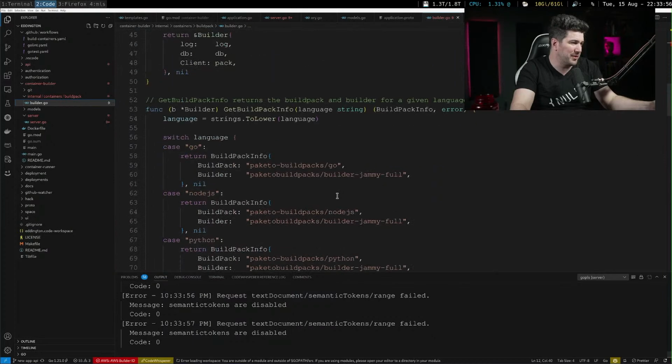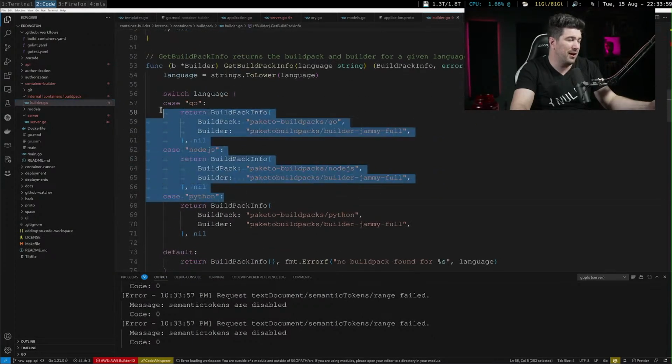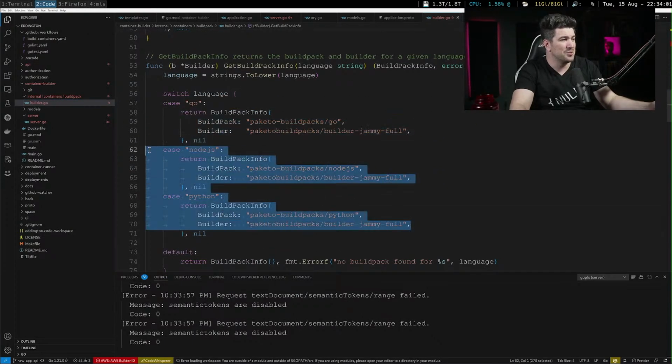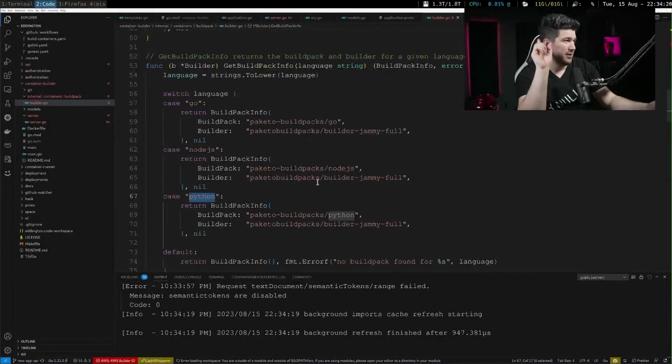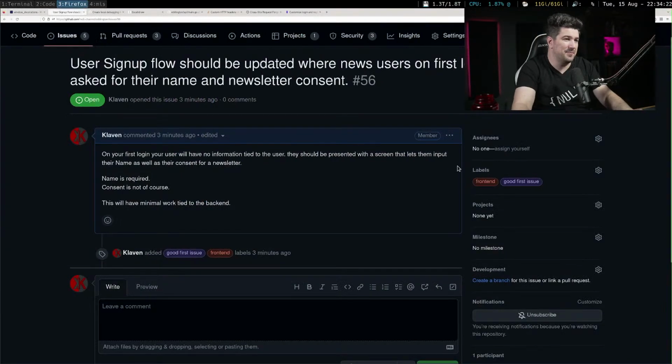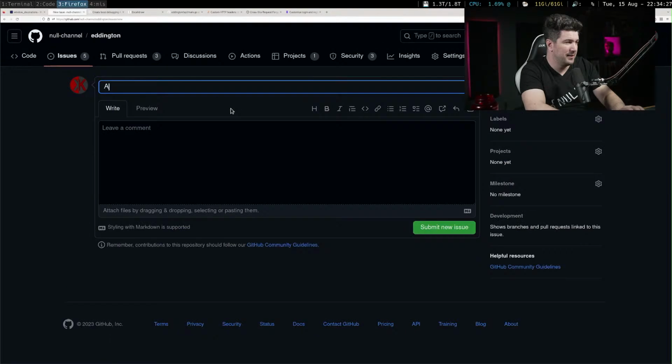Basically, Go's the only one that's... Oh no, we have Python and Node. Oh man, okay, so Jabril, or Nighthound, is the one that did this. He updated it to Node and Python. So that's cool. We should add a different one, and this should be a good issue because it will document where to add the stuff. Rust. Rust needs to be added. Oh, man, I can't believe Rust isn't on there. My goodness.